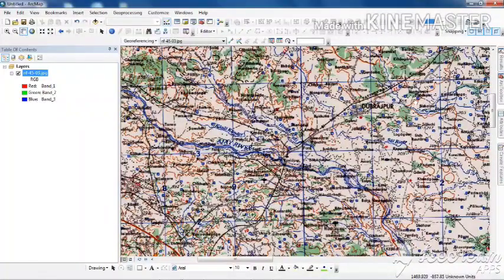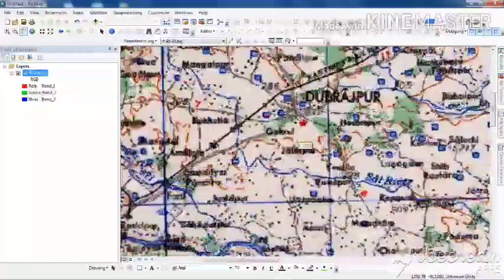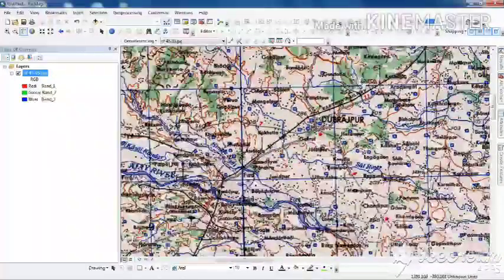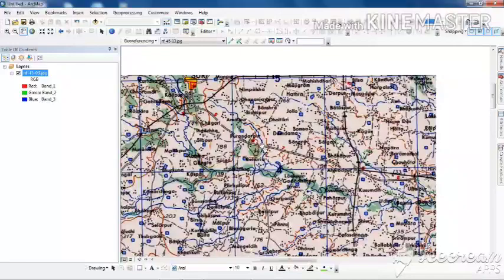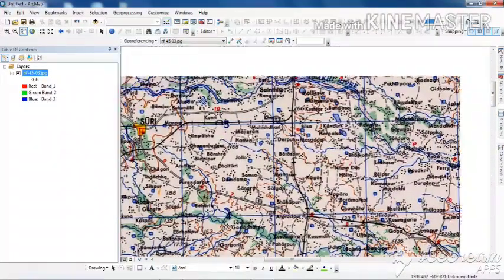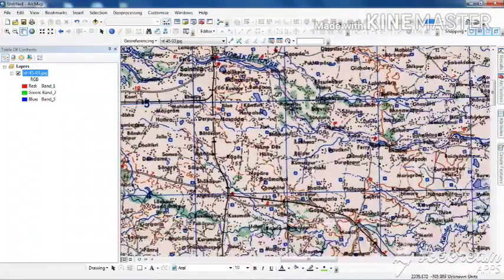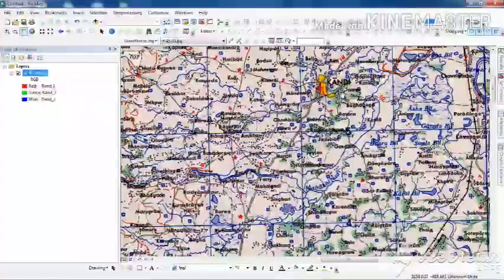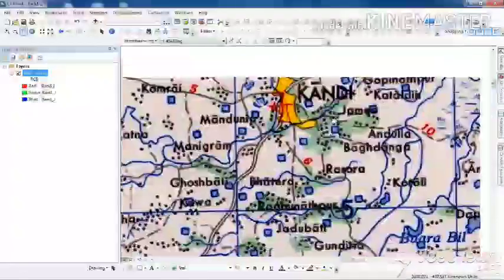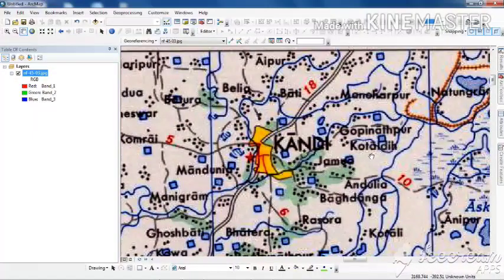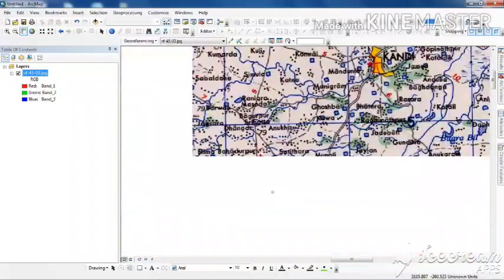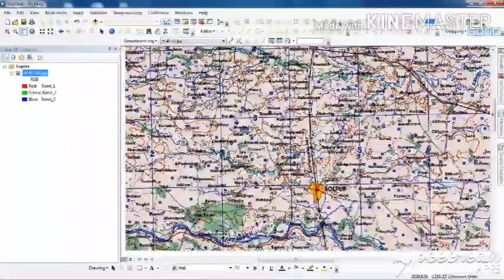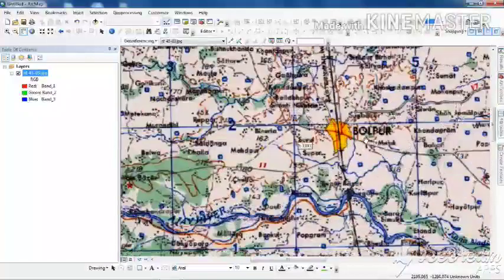Here you can see Dubrajpur, I'm just making the location more specific. Again, in the upper parts, if we pan the image, we can see Shiuri and the adjoining region, and this is Murshidabad, that is Kandi. You can see over here, this is the place of Murshidabad. So it encompasses Bardhaman district, Birbhum district, as well as Bolpur, you see.